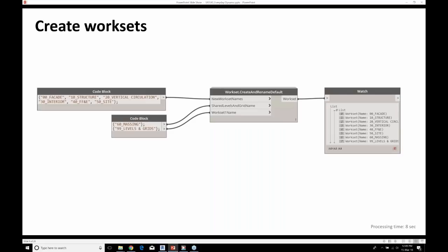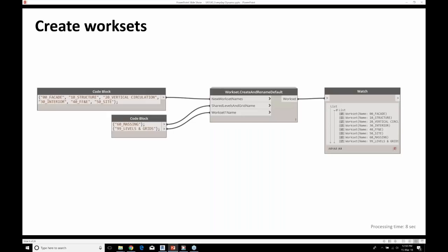So the idea behind this is that we have a fixed naming convention that will create all of your worksets for you. And then there's also the option of renaming the 2 default worksets. Now, this is a little bit controversial and it sounded a bit counterintuitive at first, but I've warmed up to it. The discussion went along the lines of workset 1 is always problematic. It can never be deleted.